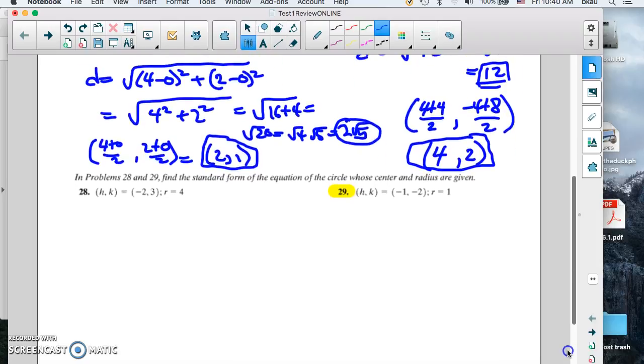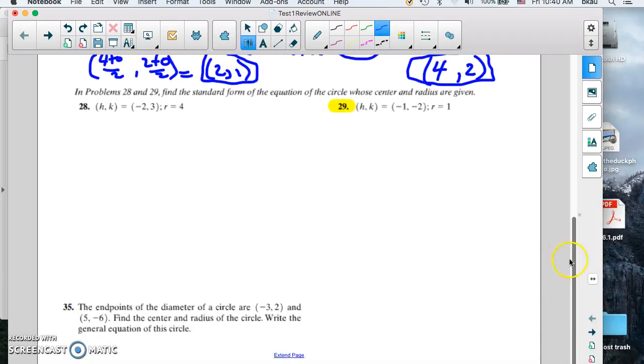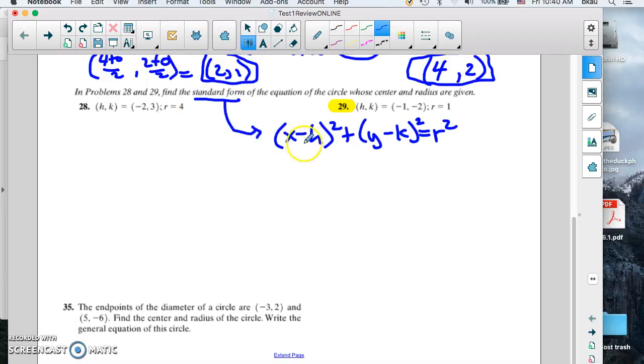Alright, second problem on the review is asking you to write an equation for a circle given this information. So the information is plugged in to the formula for a circle. The formula for the circle is x minus h squared plus y minus k squared equals r squared. That's the standard form for a circle,